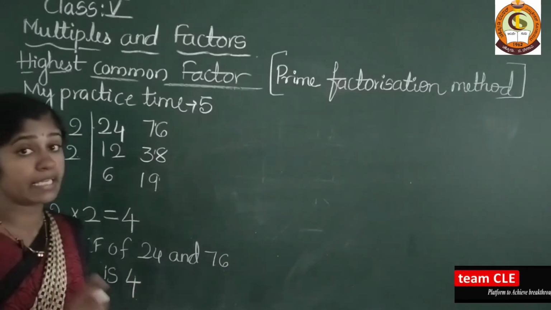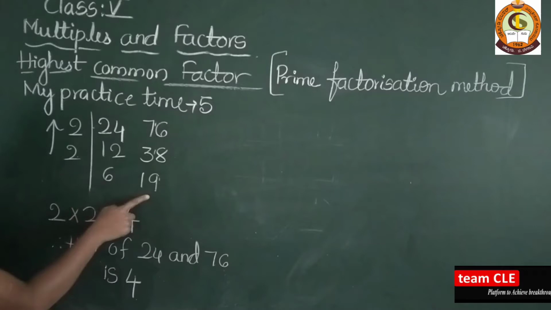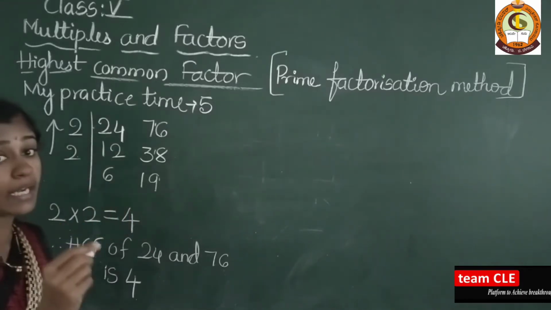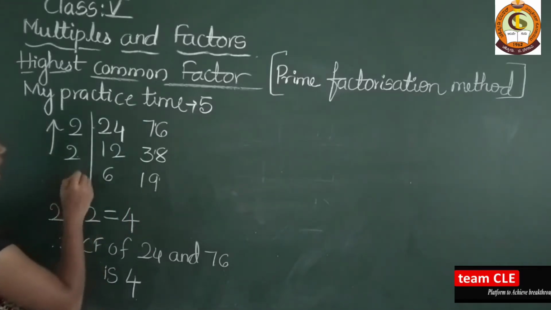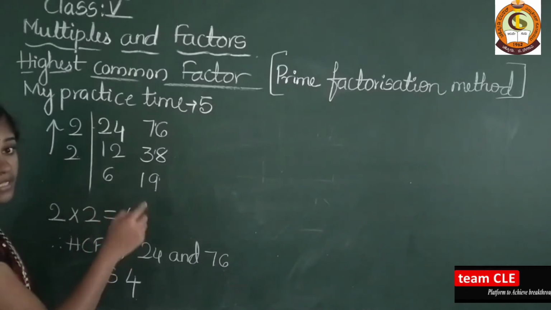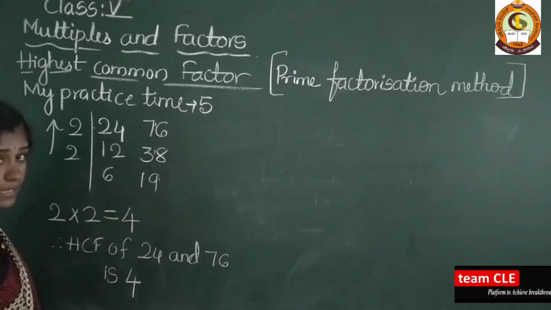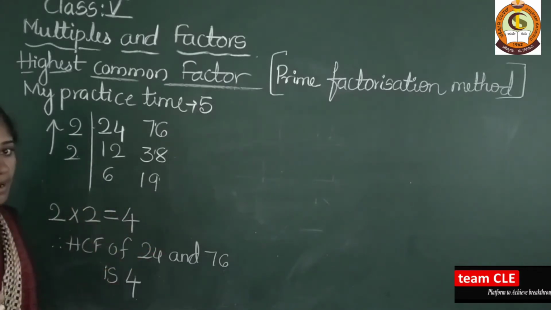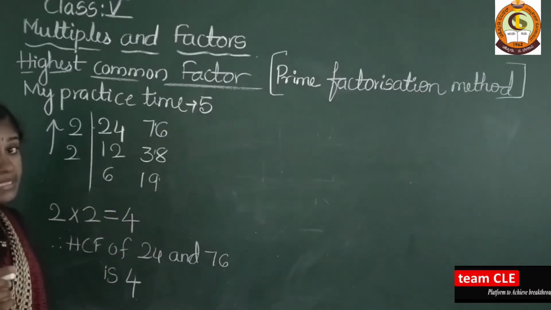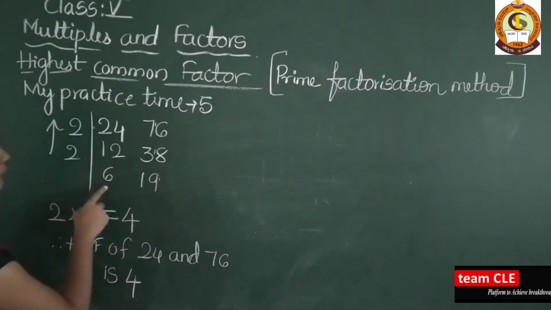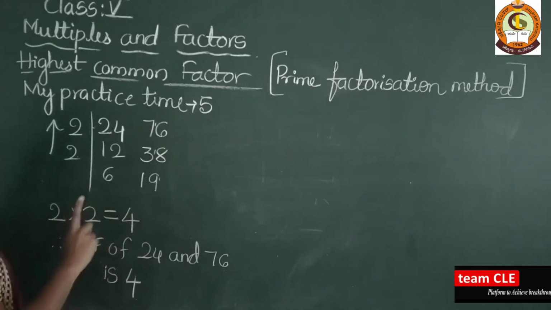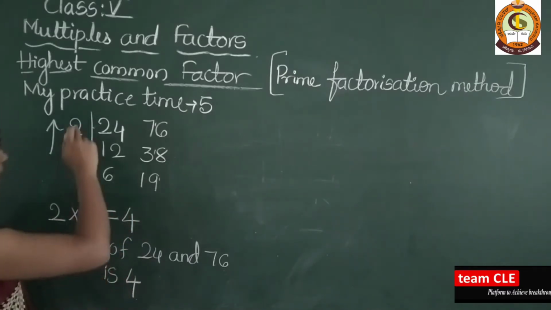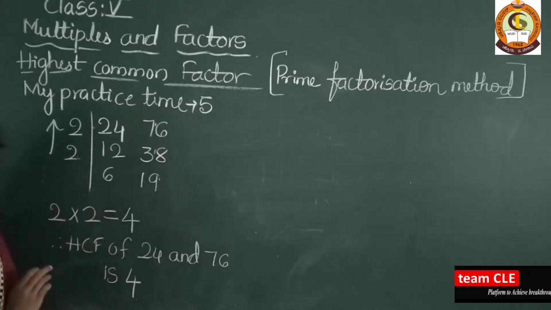Okay, see here. When you are solving LCM examples, you have to divide the numbers until you get 1 as the answer, taking 2, 3, 19 and all of them. But here there is no need to divide the numbers until you get 1. If the numbers are not in the same table, stop, and only take these divisors. Okay, clear?